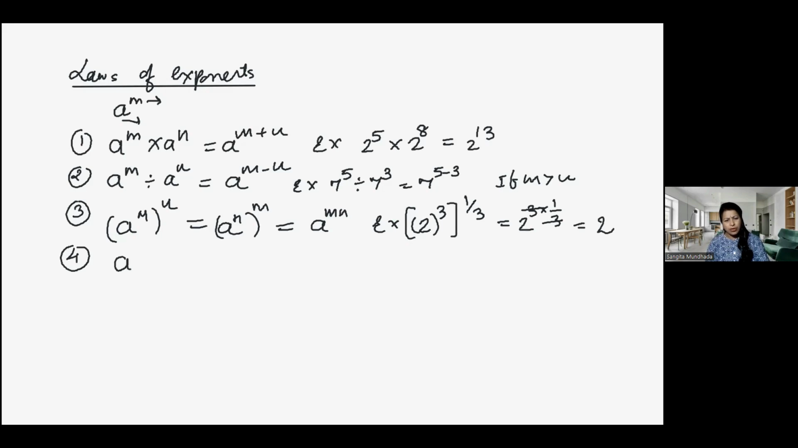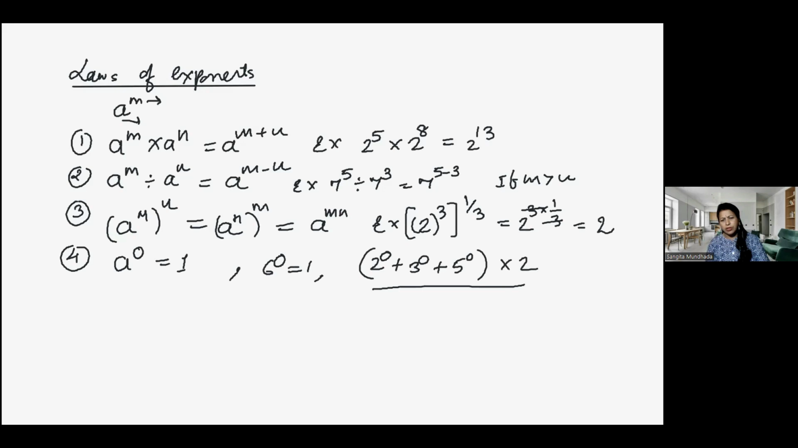Law number 4: a^0 is equal to 1. Any number, for example, 6^0, the answer is 1. Or another example, (2^0 + 3^0 + 5^0) into 2 divided by 7^0. That is (1 + 1 + 1) into 2 divided by 1, is equal to 3 into 2 divided by